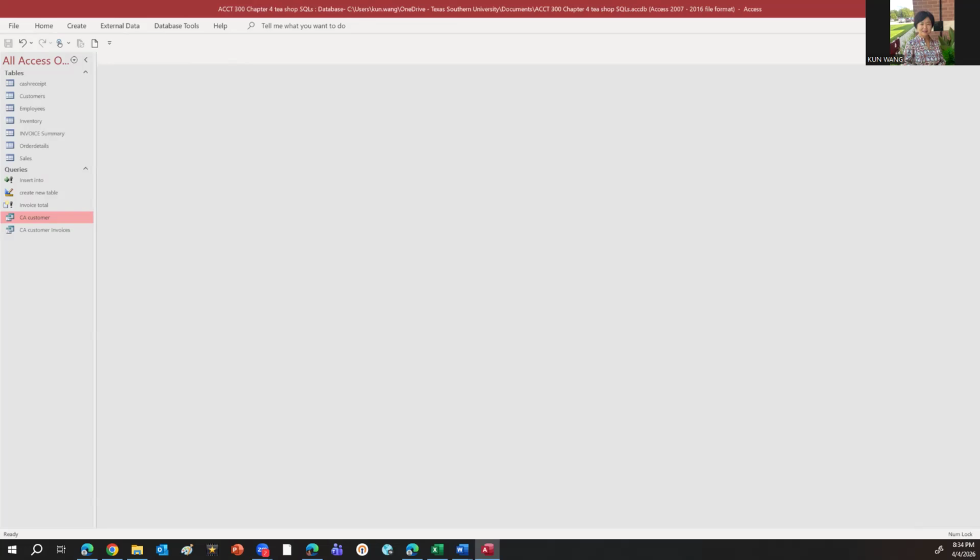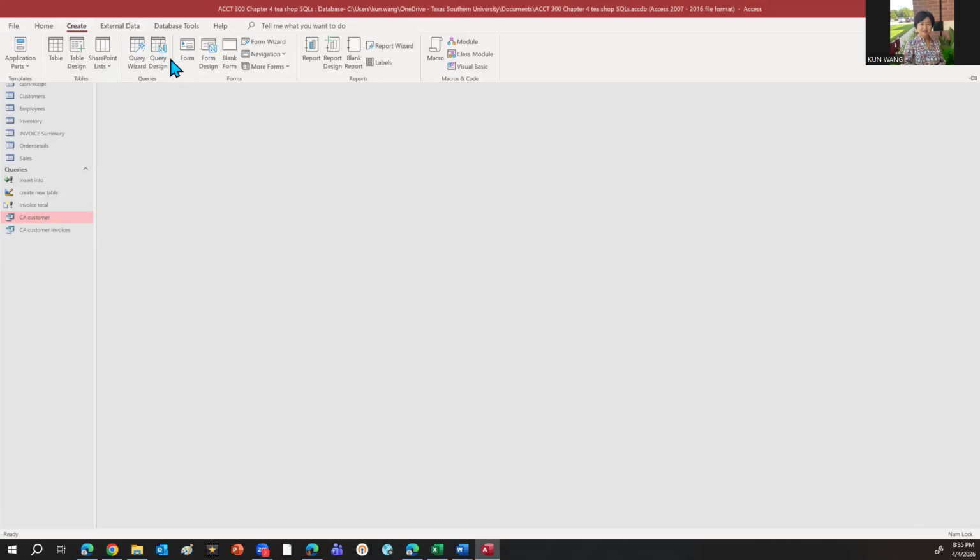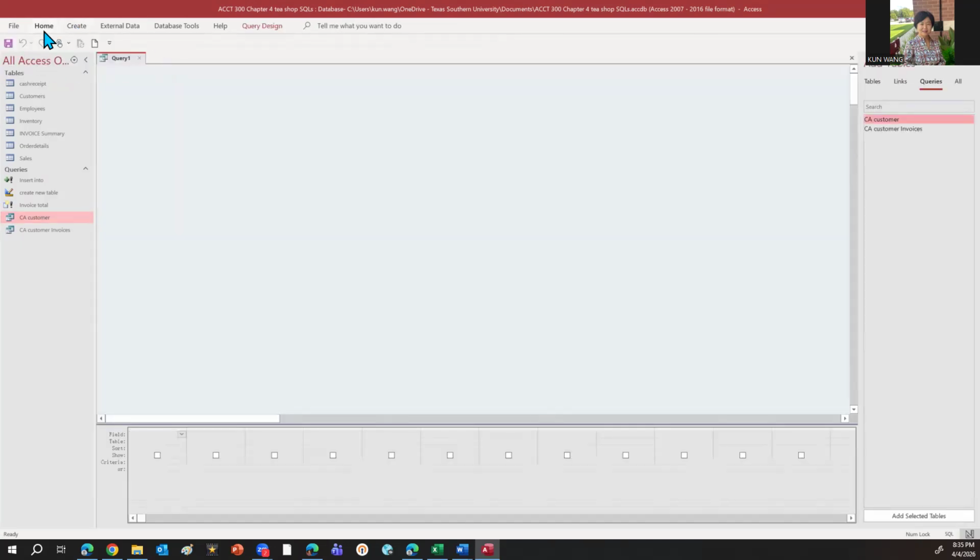So using the group by function, okay, is like a function under Access. So using the group by function gives us aggregate functions for numerical values. So we can aggregate the numerical values to do the calculation as total, average, max, minimum, like the pivot table. Okay, so aggregate for the numerical values. So number 4, let's try this. Okay, create query design, then